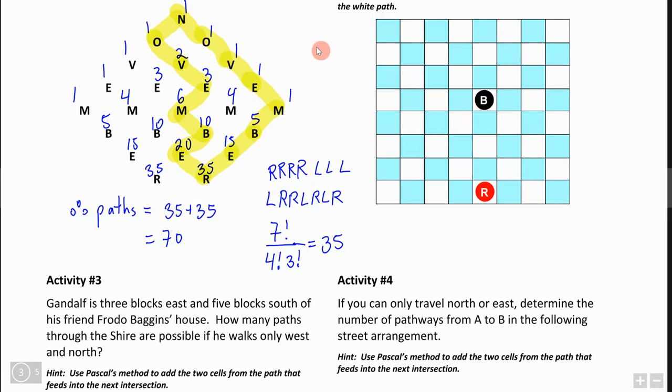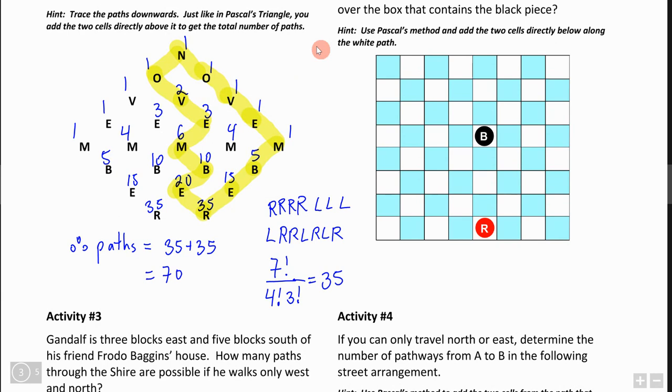Another way of looking at this is not through a permutation problem, but rather a combination problem. So if you have to go 7 paths, 1, 2, 3, 4, 5, 6, 7, so you have 7 paths to go from N to R, and you know that 4 of them have to be R's, going to the right. So this could be going to the right, this could be going to the right, this could be going to the right, and this could be going to the right. So it becomes a combination problem where I have 7 paths to choose from, but I had to make 4 of them R's. So if we do 7 choose 4,